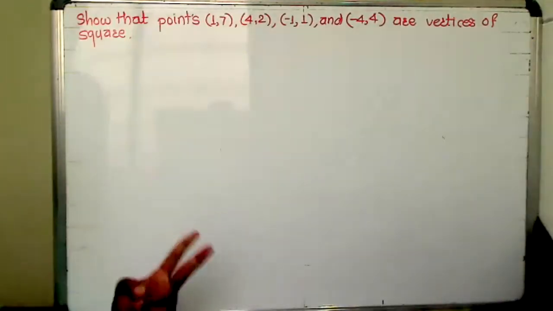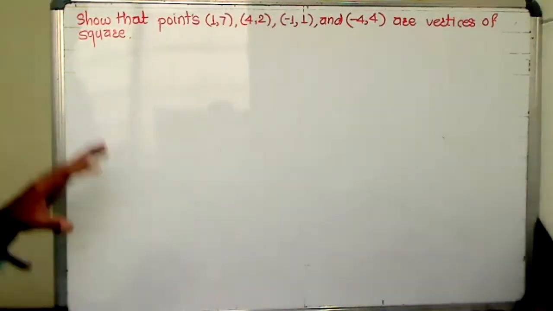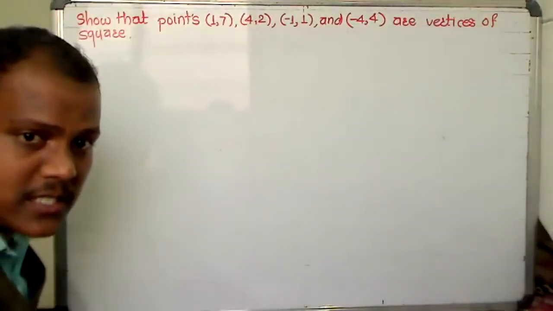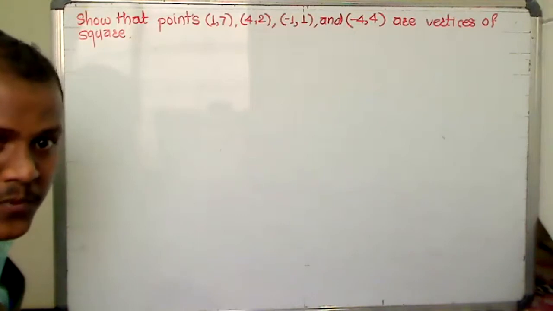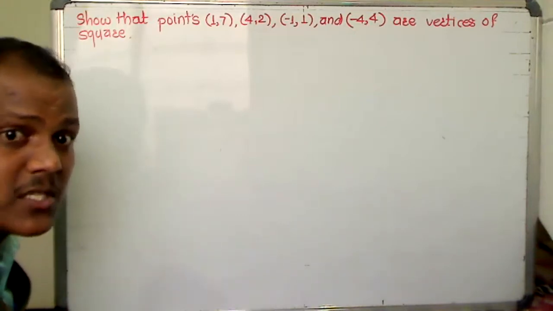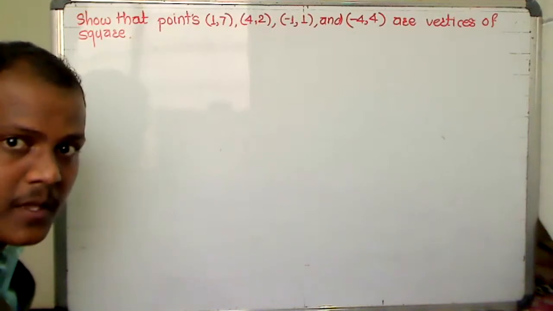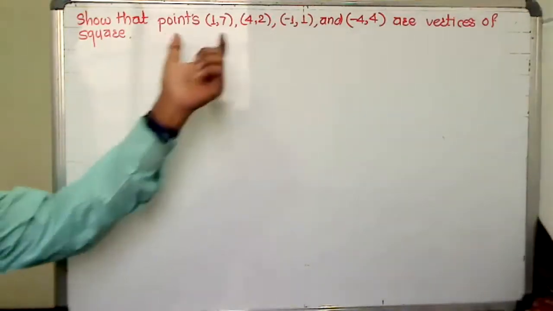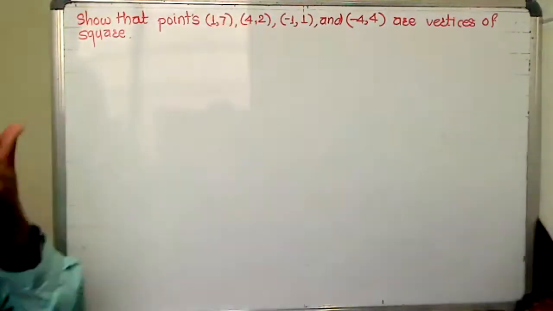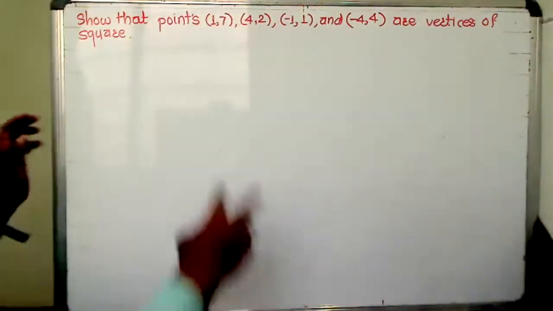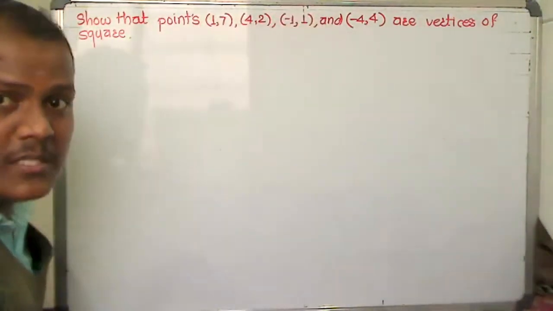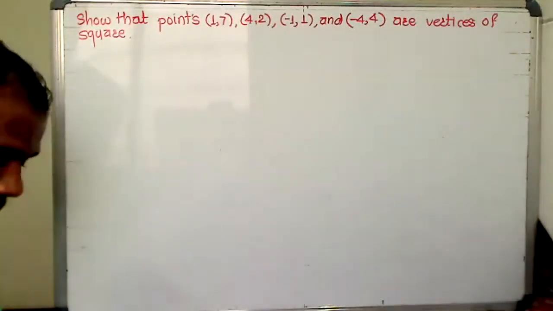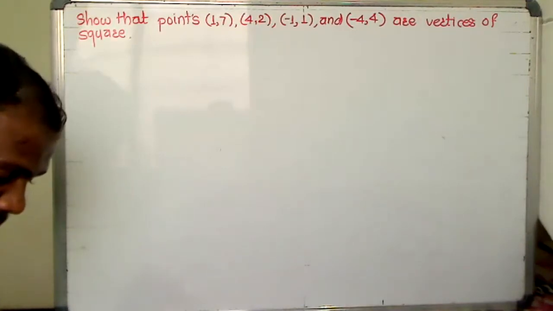There are two major properties of a quadrilateral which need to be traced here in this example. So first is all the sides are of equal length. All the sides are of equal length means all sides are congruent to each other. It means the first condition is satisfied by these vertices if the distance between consecutive points is the same.